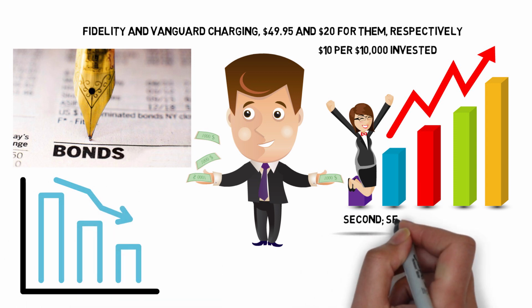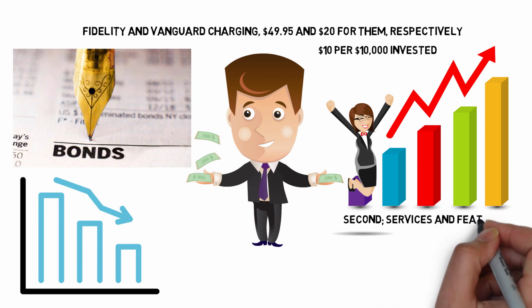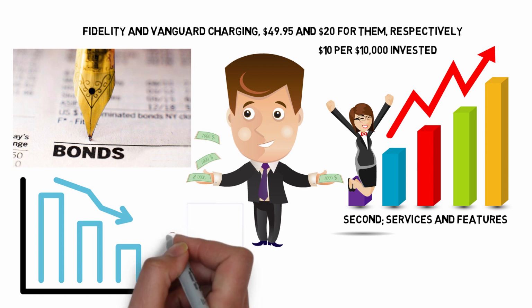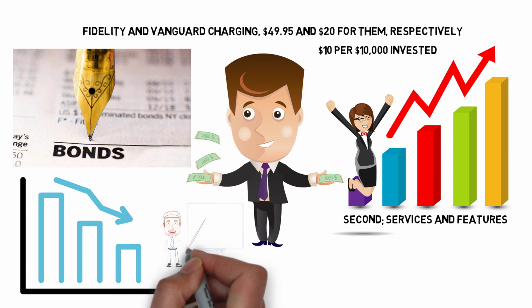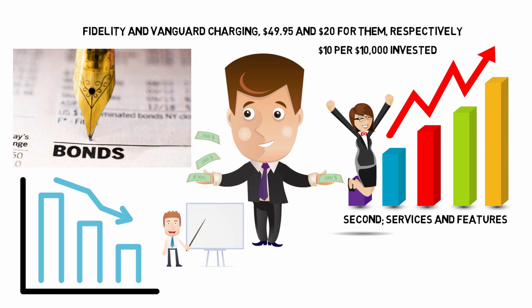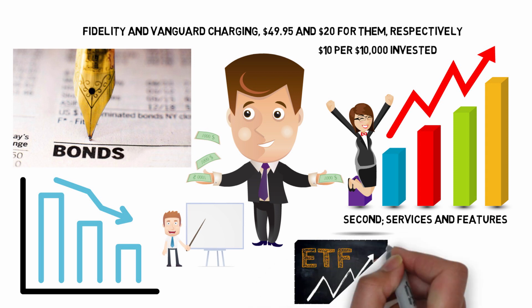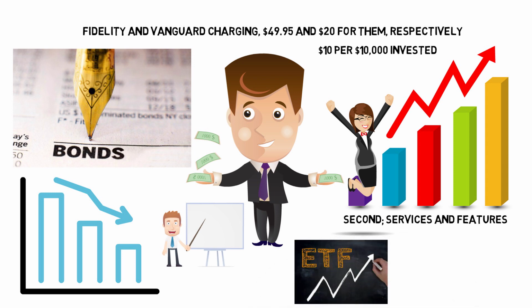Second, services and features. Both Fidelity and Vanguard have a wide variety of low-cost mutual funds and ETFs. If you're simply looking at the options offered by each firm, Fidelity has more options available. Vanguard has about 2,800 no transaction fee mutual funds and 1,800 commission-free ETFs, while Fidelity offers over 3,700 no transaction fee mutual funds. However, when it comes to index funds, Vanguard offers the lowest expense ratio of any fund company